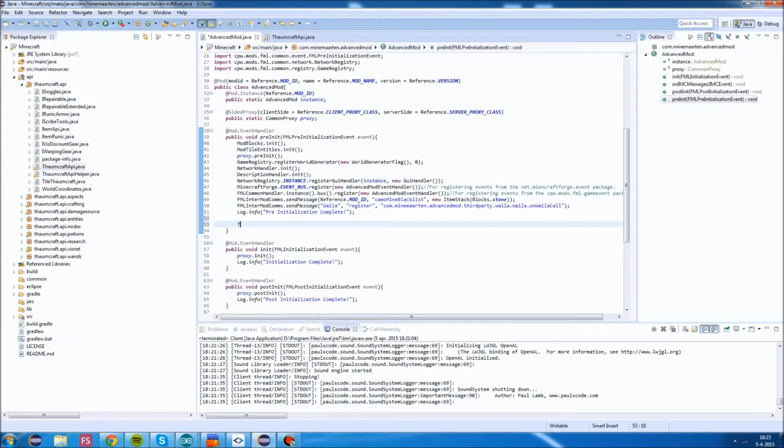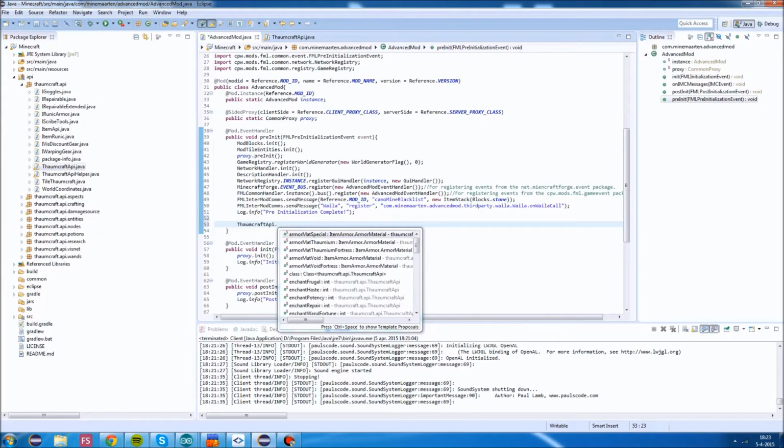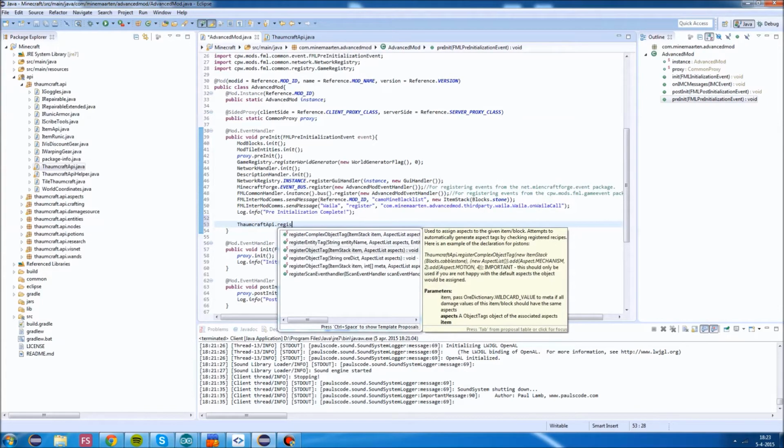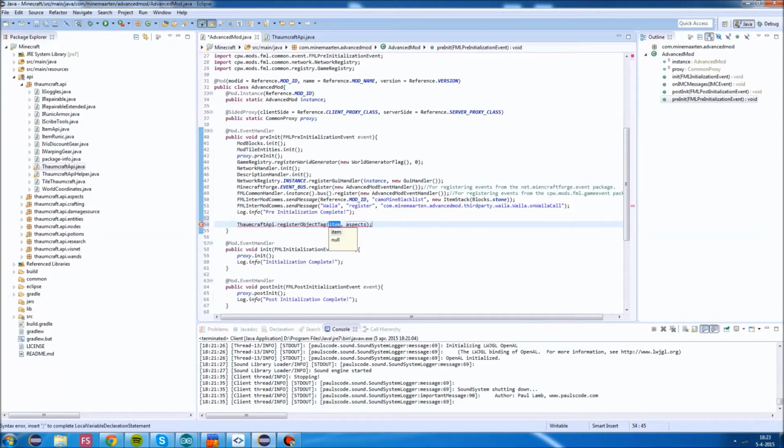We are going to do Thaumcraft API register object tag. I'm going to do new item stack, and do blocks dot Dutch flag, and do new aspect list